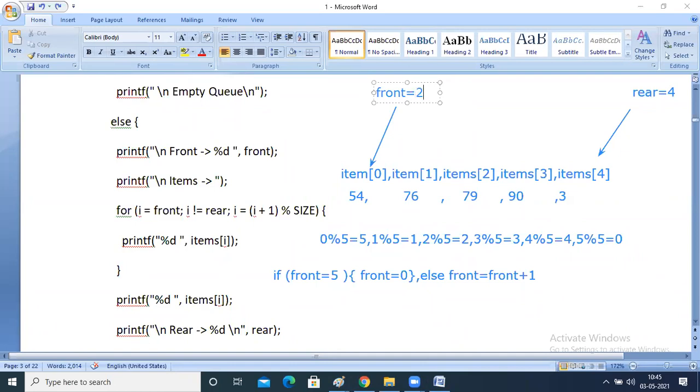Rear is equal to 2. So I will be starting at 2, that is 79, 90 and 3. These 3 items are only there in the queue.